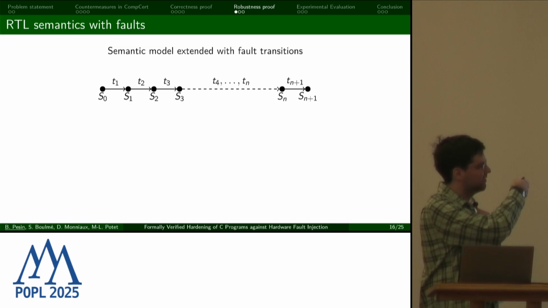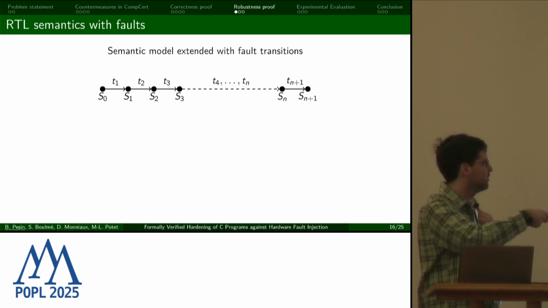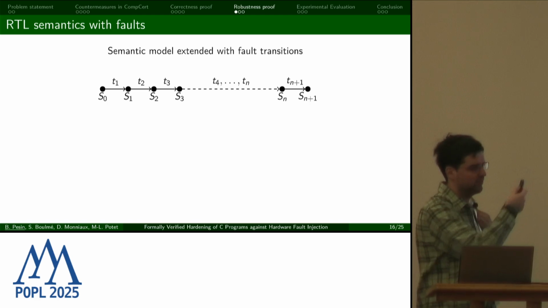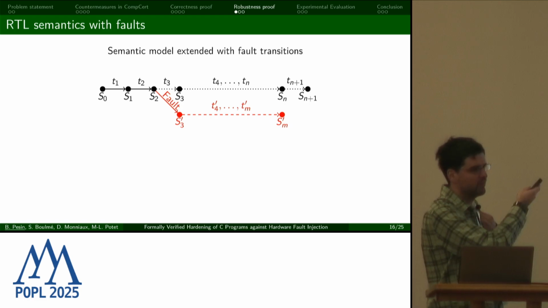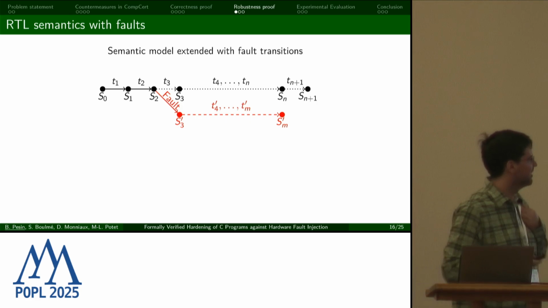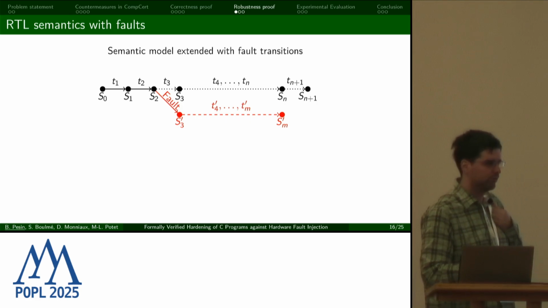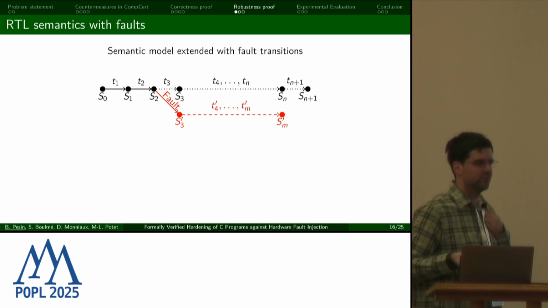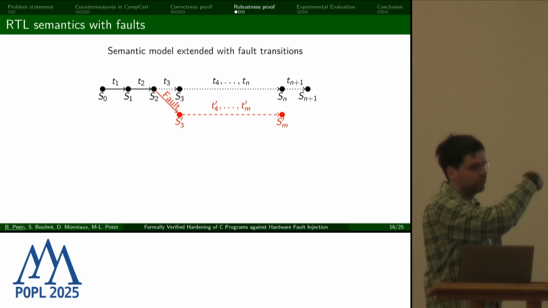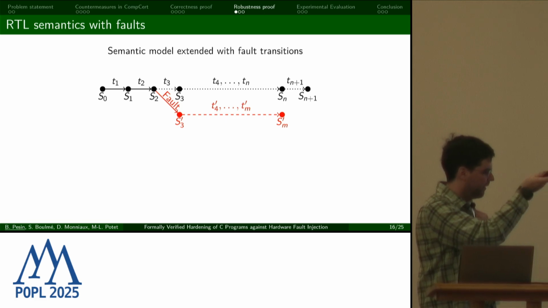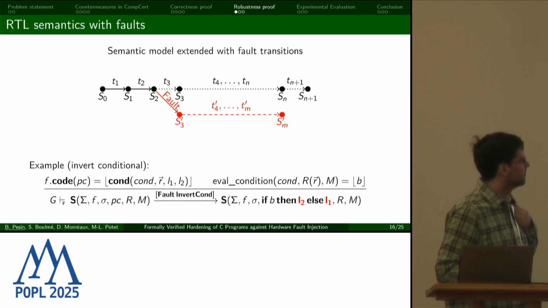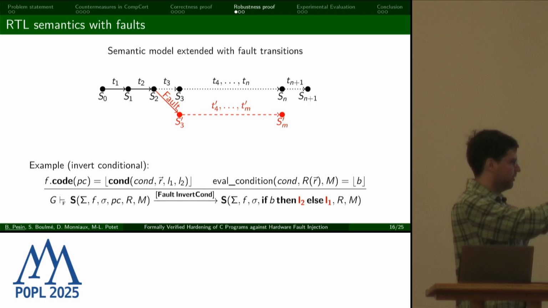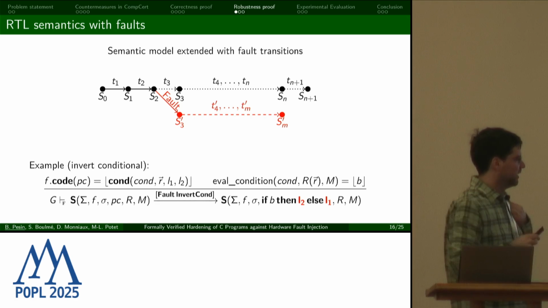I said earlier that the behavior of a program was characterized by the sequence of steps with some observable events. Well, a fault is actually a special kind of step with an observable event. Careful, there is a fault here, which you can see on the trace, which will lead us to a new sequence of steps different from the one that should normally have been taken from the canonical behavior of the program. And so to introduce new attacker models, we just introduced some new step rules with these faults.